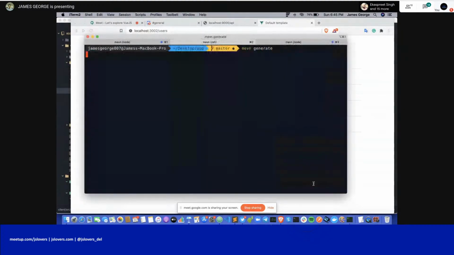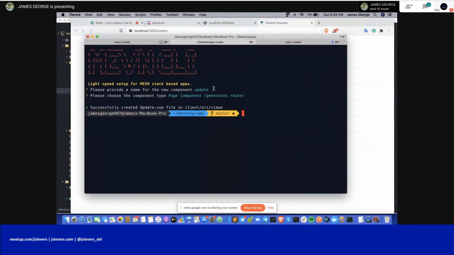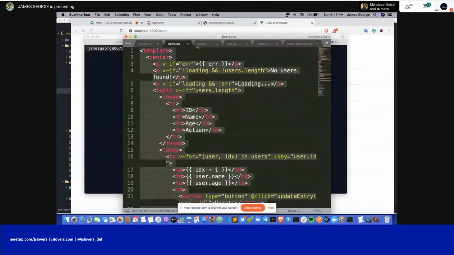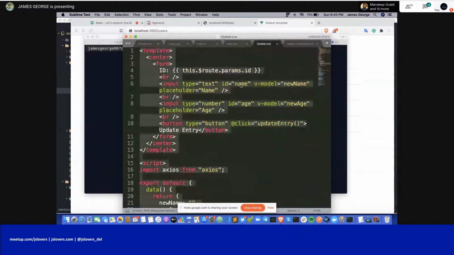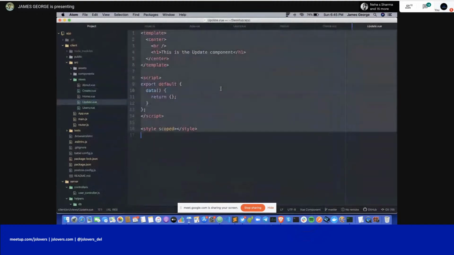And let's go ahead and type MEVN generate, and the name of the new component is update, to update the respective entries. And it is of course gonna be a page component, and it is gonna get things set up for us. Yeah, okay, great. And now, this is basically the last part of the boilerplate code, update.vue, and let me just quickly get back to my code editor and find update.vue,